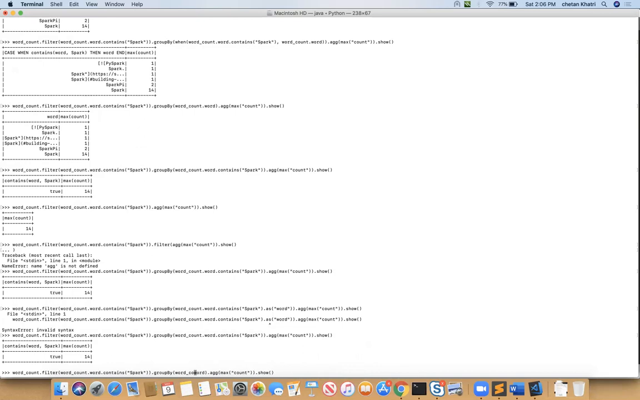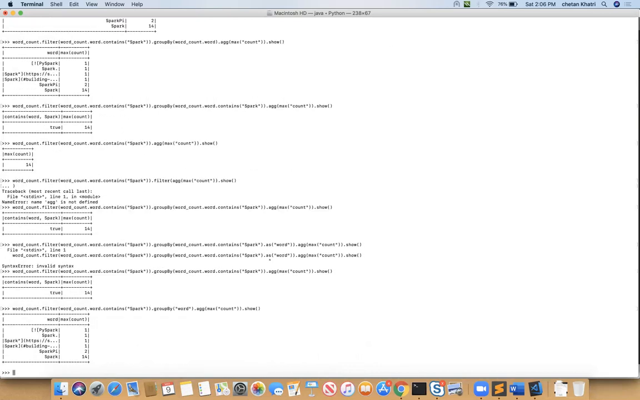let's do one thing. Let's group by word only. Then you get a maximum by count is the column, and you get 14. Now if you select here where you say